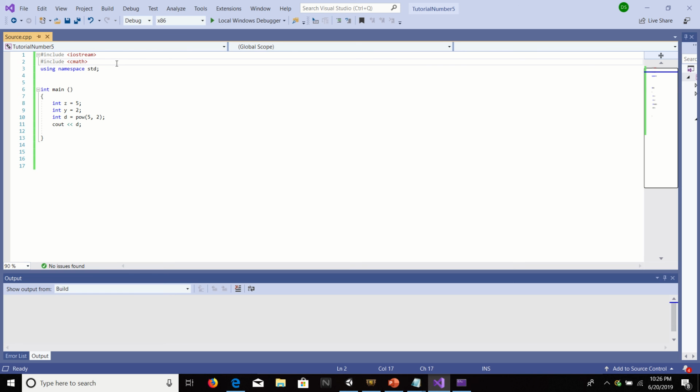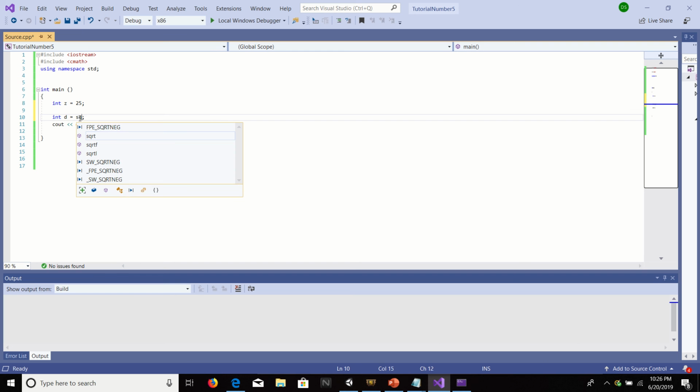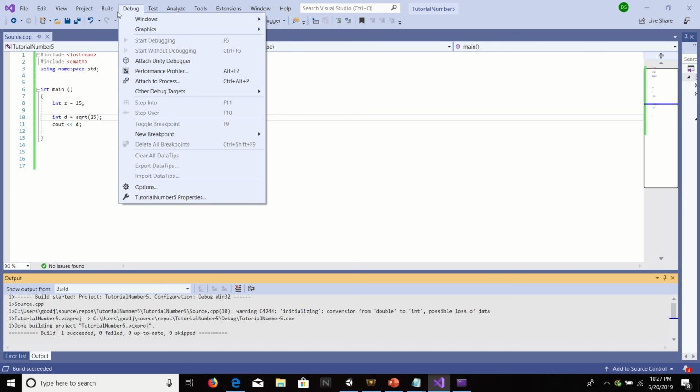Later on, I'm going to be showing you guys that we can use a bunch of different libraries that have a bunch of different functions, a bunch of different uses. pow is just one of the ways that we can use the cmath library. Might as well show you guys the square root, which is basically the opposite of taking something to the power. So how you would do that is let's set integer z equal to 25, and then let's set integer d equal to the square root of 25. And then when we print out d, of course, that's going to give us,